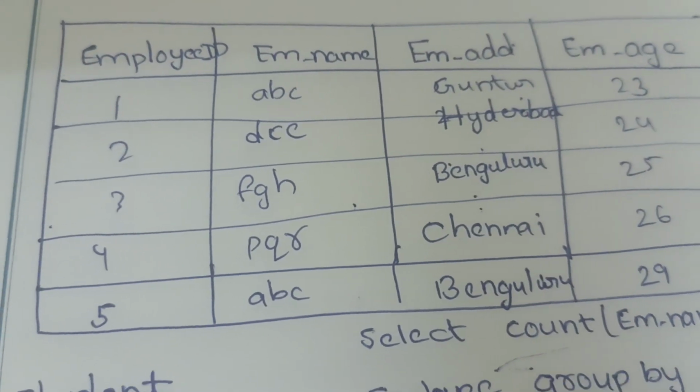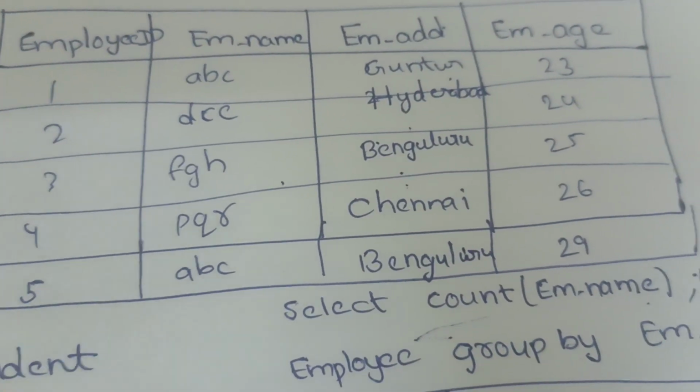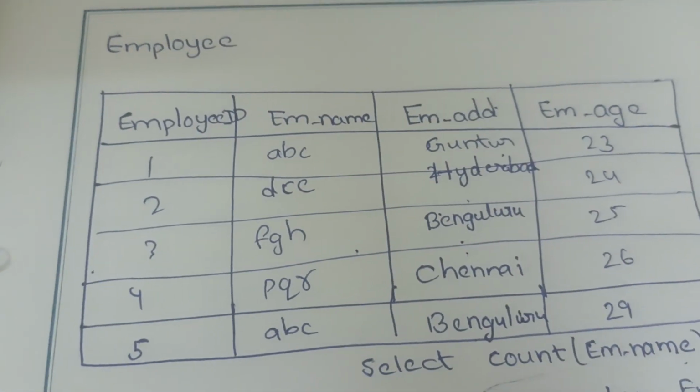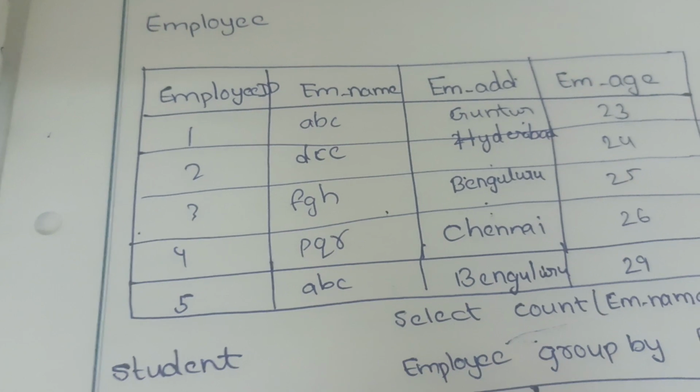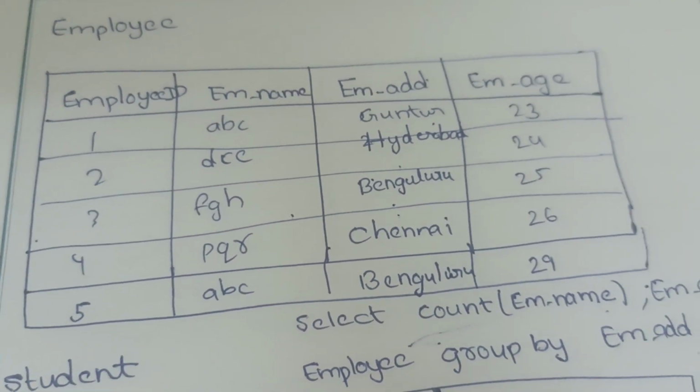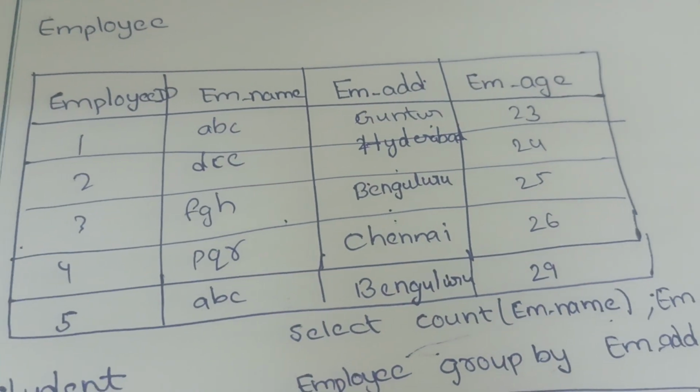That query would be: SELECT employee name, employee address FROM employee table GROUP BY employee address HAVING